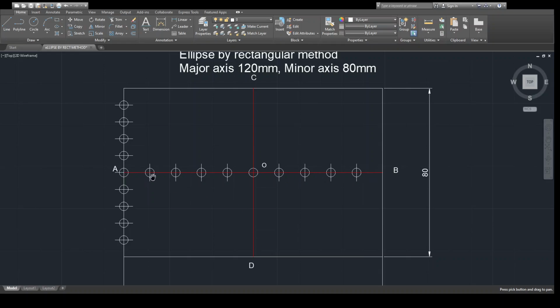divide this major axis of 120 mm into 10 equal parts, and this CD length again into 10 equal parts.